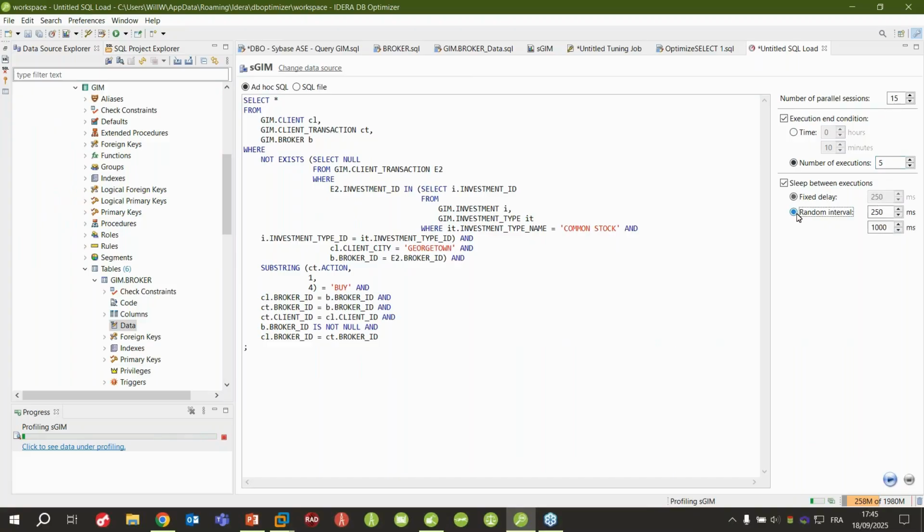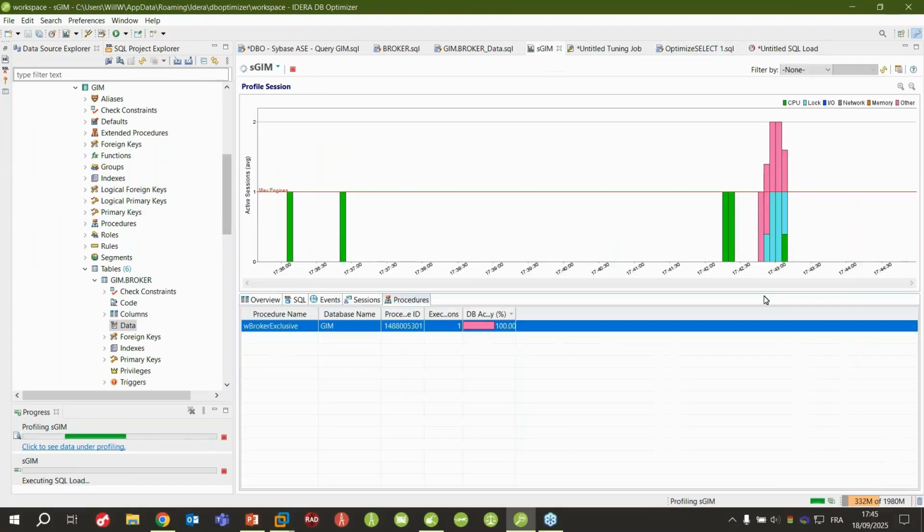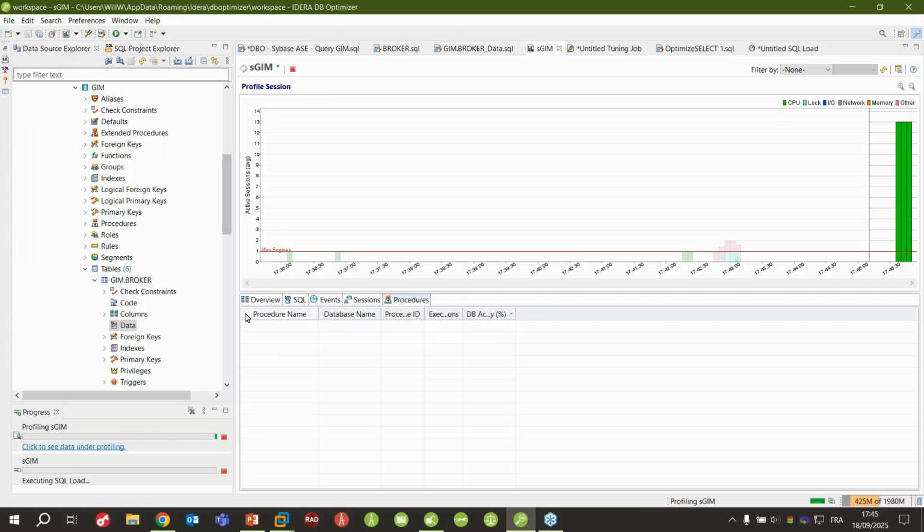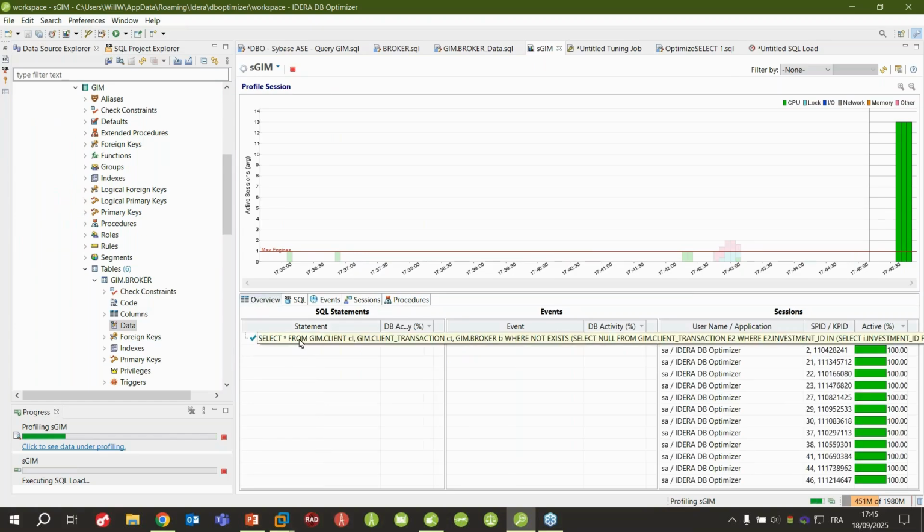I can put some random intervals to simulate more human behavior. And from here, I can click the play button and it will automatically run my SQL load. And if we go back to the profiling session, we will see the queries that are currently run on my database directly. And if I go back to my overview, I will see the query and all the different processes